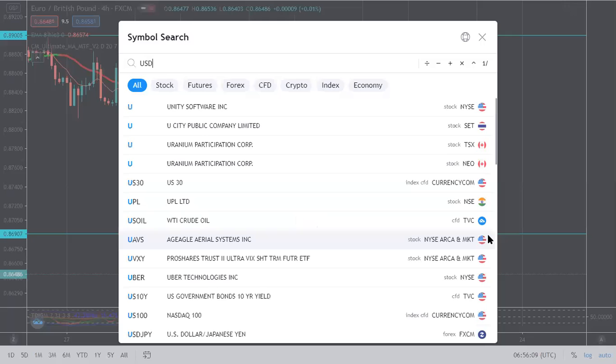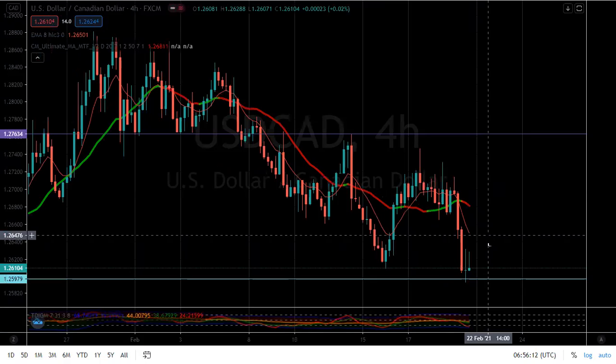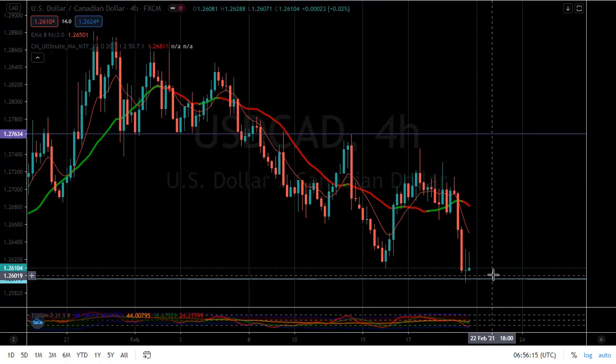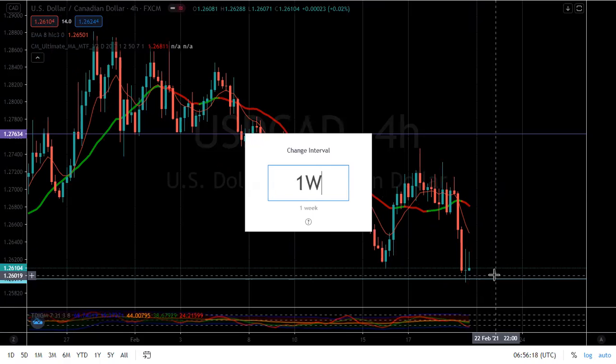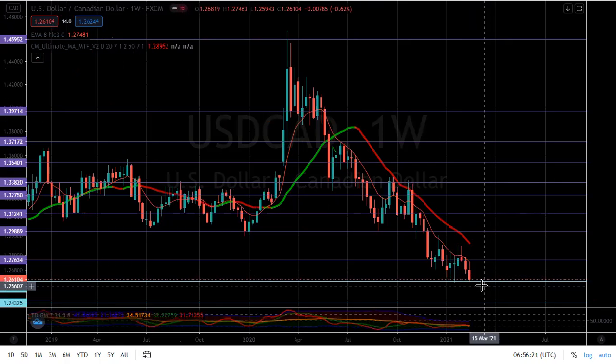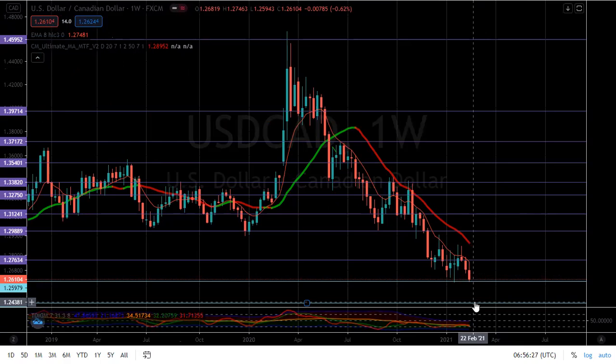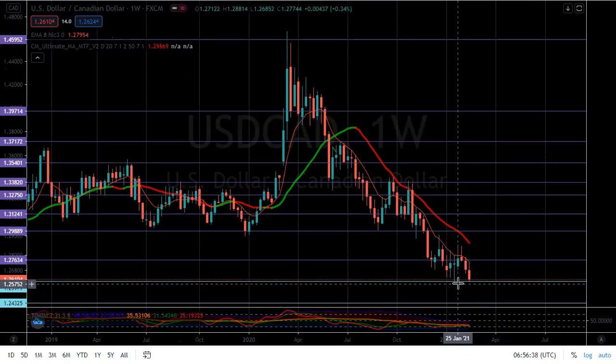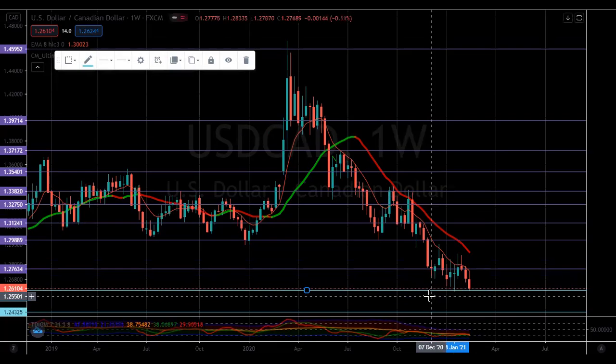The next I look at is the dollar Canadian dollar pair. For the dollar Canadian dollar pair, let's look at the weekly quickly. We looked at price going down to the downside, going as low as the 1.2432 area. We've not gotten quite that yet per se, but with the price action we have for the past 3 weeks, we most likely will break this key level here at the 1.2610 area. Price got there and closed close to it,